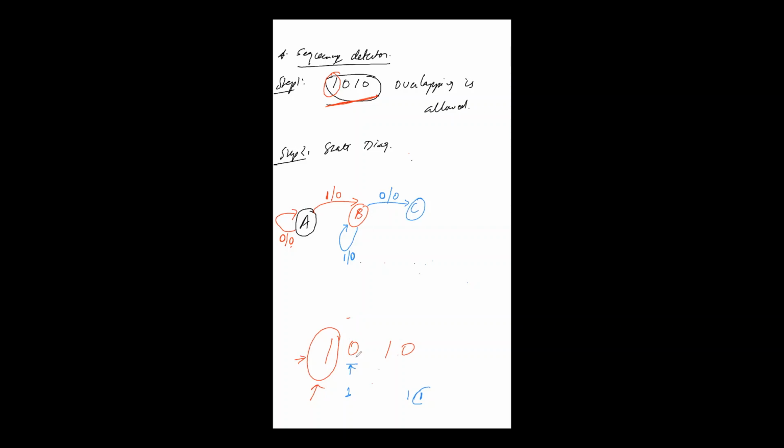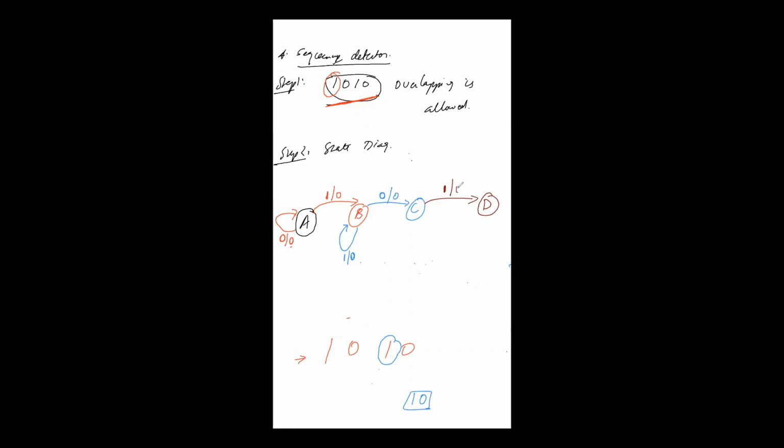So these are the two possible combinations. You can get either 0 or 1. When you get 0, you will move to state C. If you get 1, you will remain at B and wait for 0. If you have reached state C, you have got 1 0. These two bits you have got. The next bit you have to detect is 1, right? So straight away, if you get 1, you will move to the next state D.